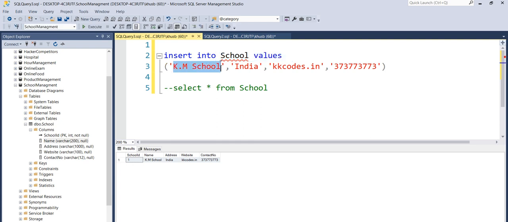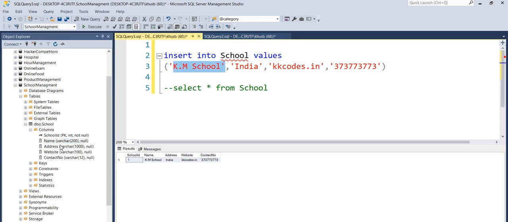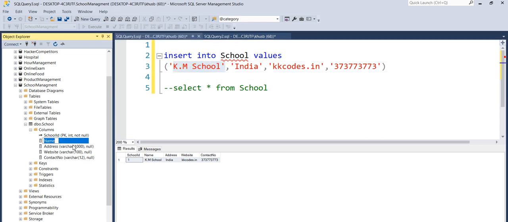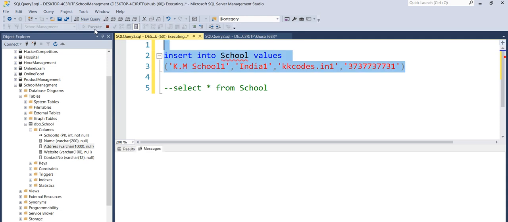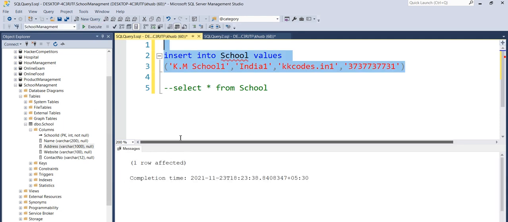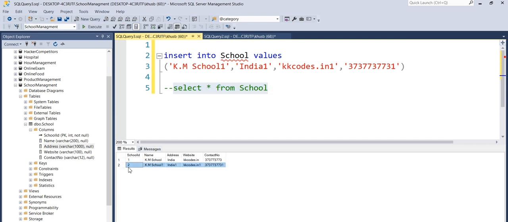So KM Memorial school, we have name as the first column, so this value is going to be inserted into our first column, then the second one, then the third one, according to that. So let's just change some data so that we can clearly identify this, and again select this and execute this. One row affected, so we have one more value inside our school table, so this second one.